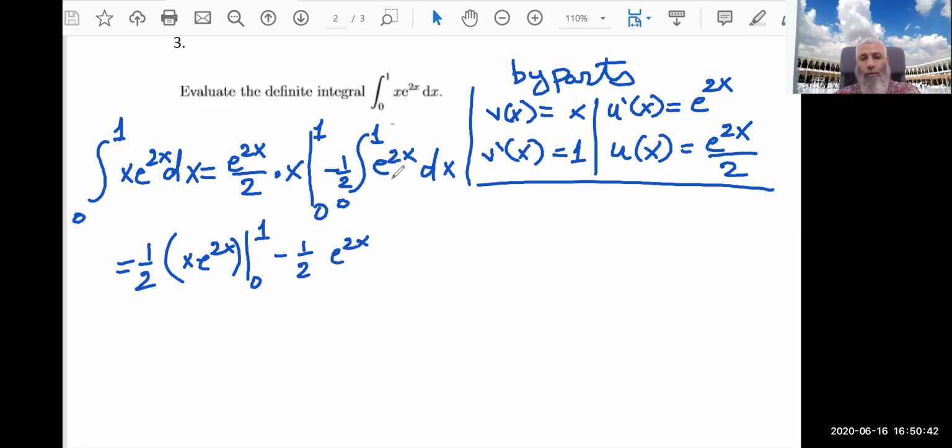The integration of e power 2x is e power 2x divided by 2, from 0 to 1. And we can take 1 half as a common factor, and we will have here x e power 2x minus 1 half e power 2x,